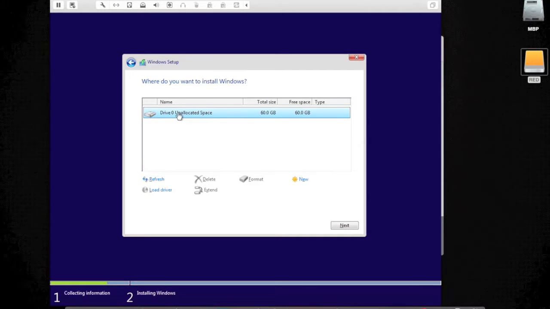Now this is where it shows the disk. The only disk in this virtual machine is a 60 gigabyte disk. There's nothing there. So we can click new, and it will create a partition. Because you can break up these partitions. Let's say if we wanted to have half of the disk because we only wanted to use half. We just say apply,